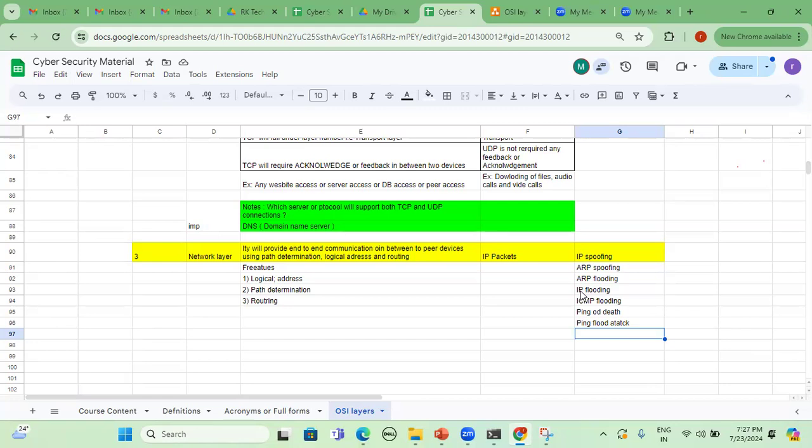So now what the attacker will do, he will impersonate the switch, stating that I am sending the request to so-and-so machine, and so that switch will impersonate on behalf of the attacker, and finally he will give the wrong information. That is called ARP spoofing. In a similar way, ARP flooding.